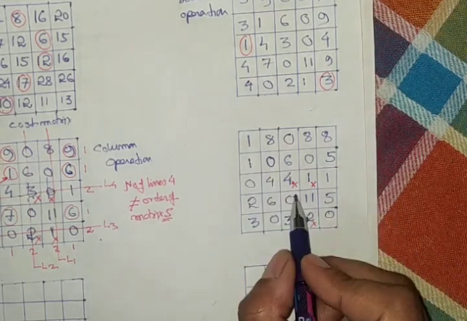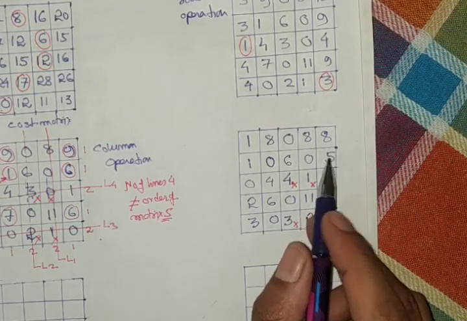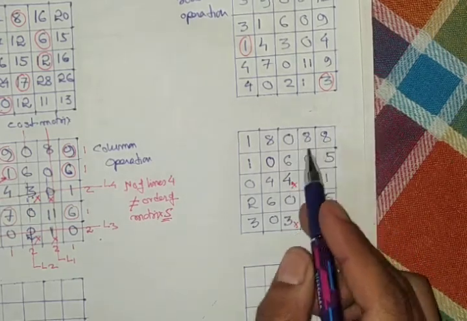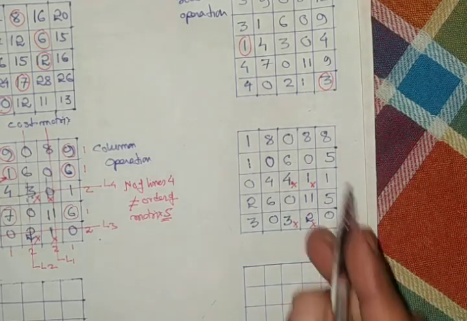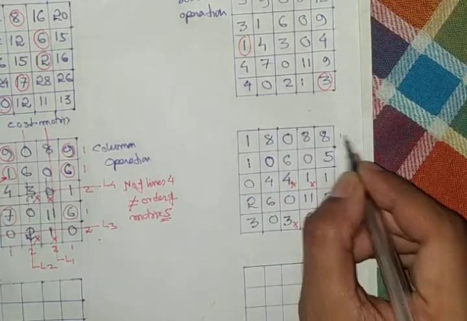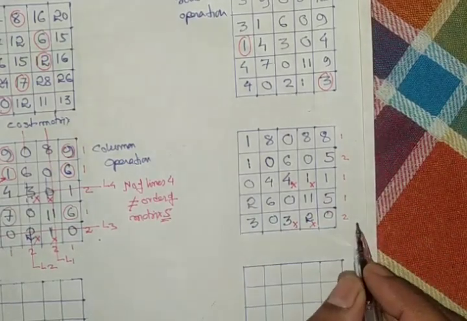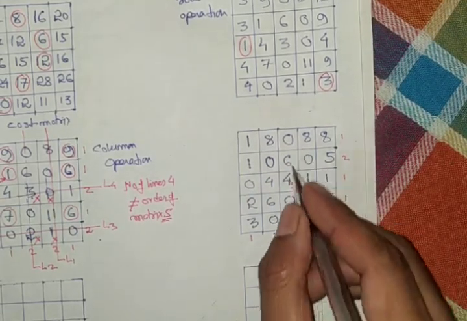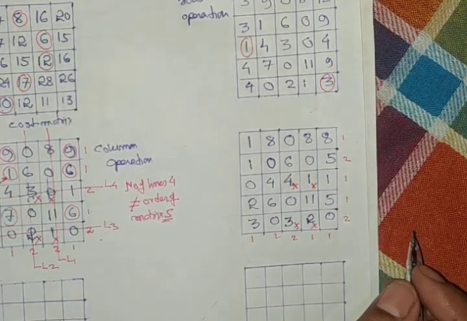After getting the revised cost matrix, you have to draw the lines here also in such a way that the number of lines should be minimum to cover all the zeros. If you perform this, look here: the number of 0 is 1, here it is 2, here it is 1, here it is 1, here it is 2. And column wise, this is 1, this is 2, this one also 2, this one 1, last one is 1.